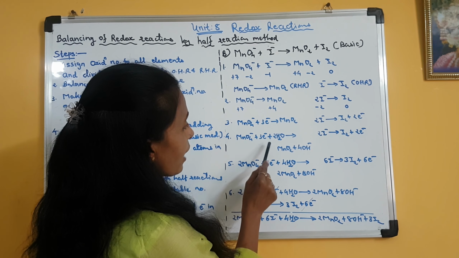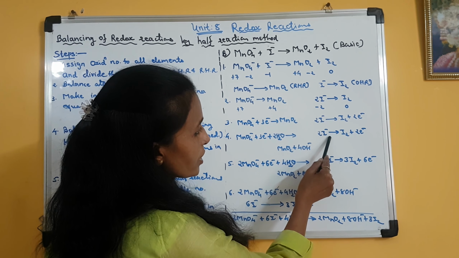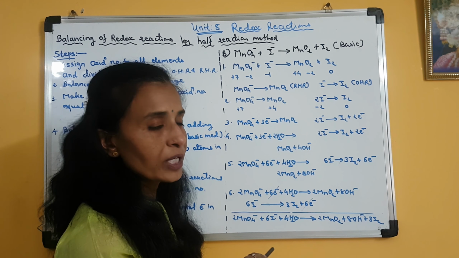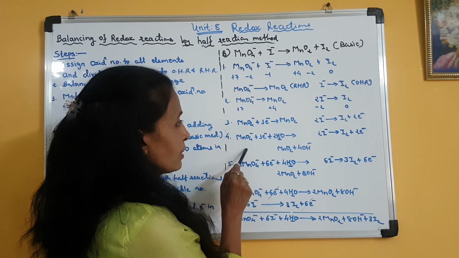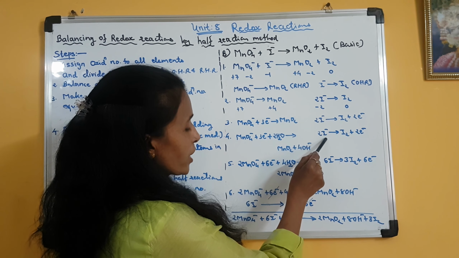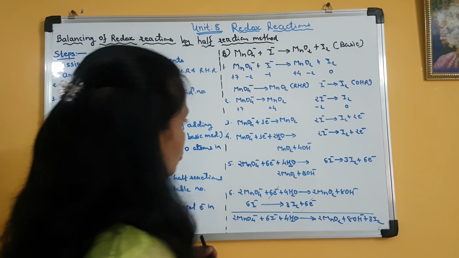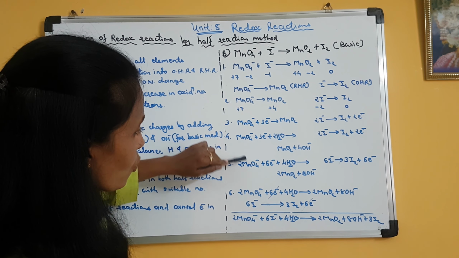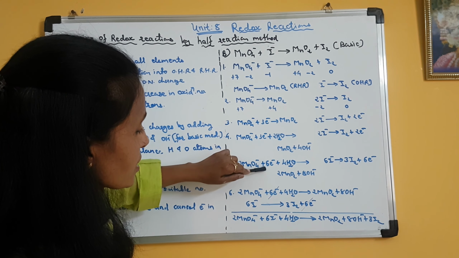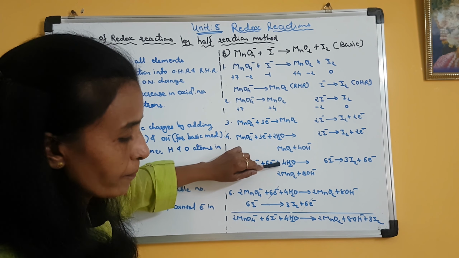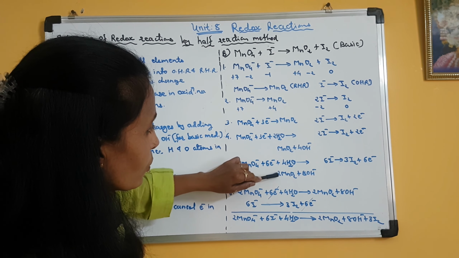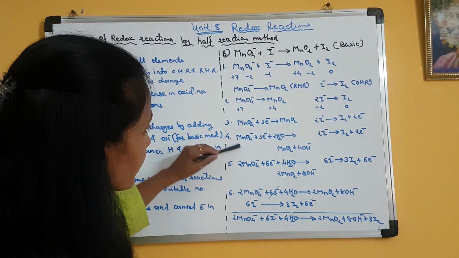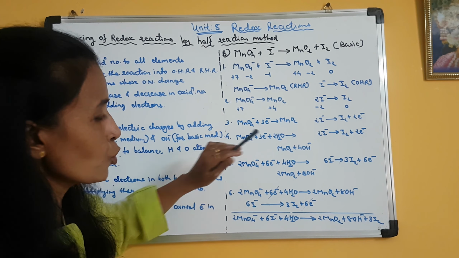Now the fifth step, balance electrons. In the reduction half reaction, there are 3 electrons. In the oxidation half reaction, there are 2 electrons. Clear? So it will be cross multiplication. RHR will be multiplied by 2 and OHR will be multiplied by 3. So by multiplying the reduction half reaction by 2, I will write 2 MnO4 minus, 3 2s are 6 electrons, 2 2s are 4 water. Clear? Gives 2 MnO2 and 4 2s are 8 OH minus. So I have multiplied the whole reaction by 2.